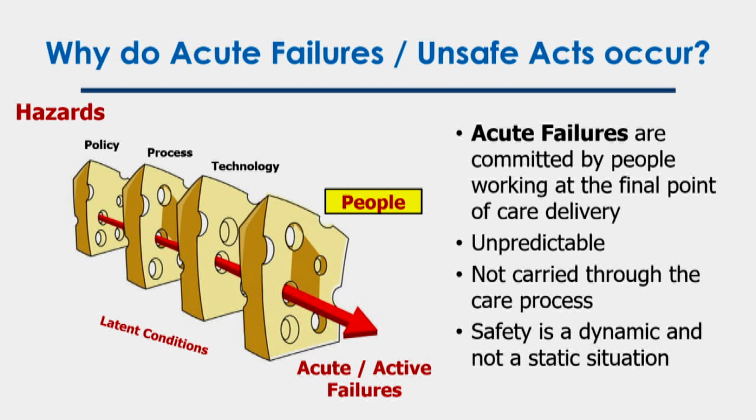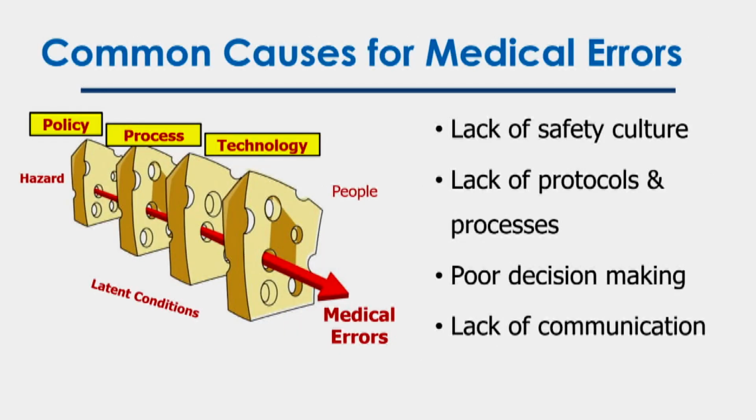So it's usually related to the whole policy, the process, technology. It's all about lack of safety culture, lack of safety protocol, lack of a process to make sure that we don't do anything wrong, and also about poor decision making and lack of communication between the team. Today, ophthalmologists don't exist alone. Any practice will have about 6 or 7 people at the minimum. Many practices have 25, 30 people. So if proper communication is not there, this can happen.